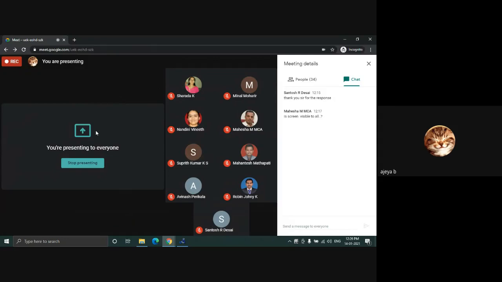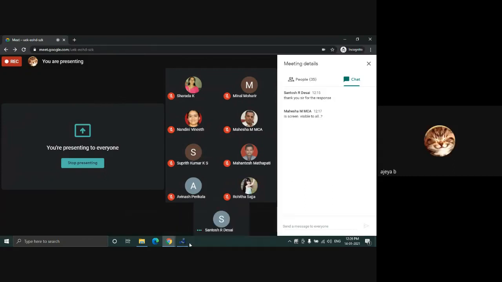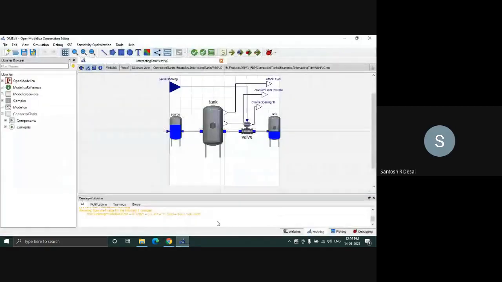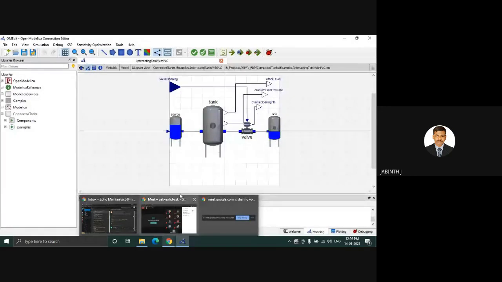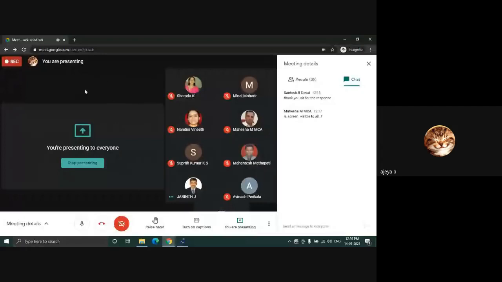From OpenModelica, Jaya, yes, you are supposed to share the screen, but the screen is not visible. Till now it was not visible. Have you switched on the screen? Yeah, now it is visible. I had shown it in the Google Meet screen display. So whatever I was discussing, I was asking if the main flow path is understood or not.